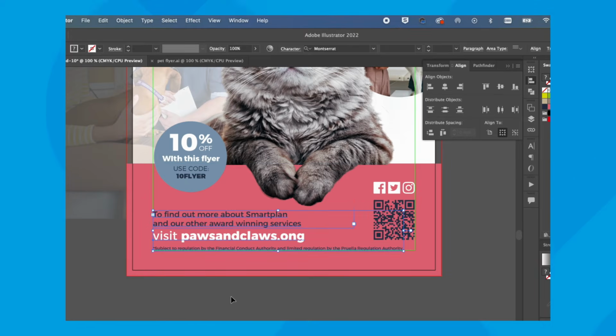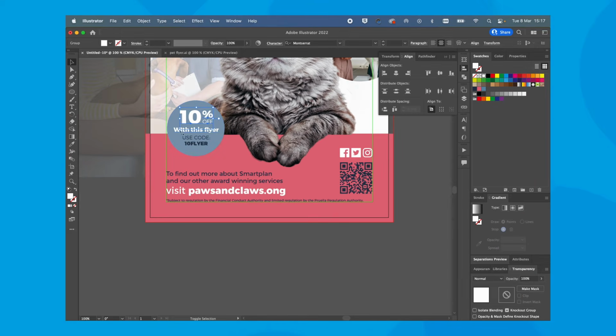Right, so let's just have a look. I think the positioning of this might need tweaking slightly. Sometimes text in a circle, you're better off doing it by eye.